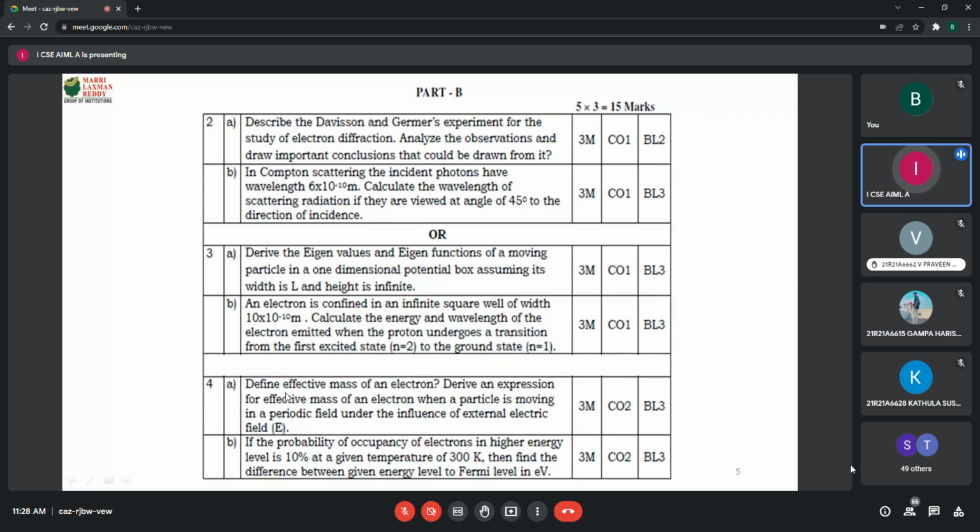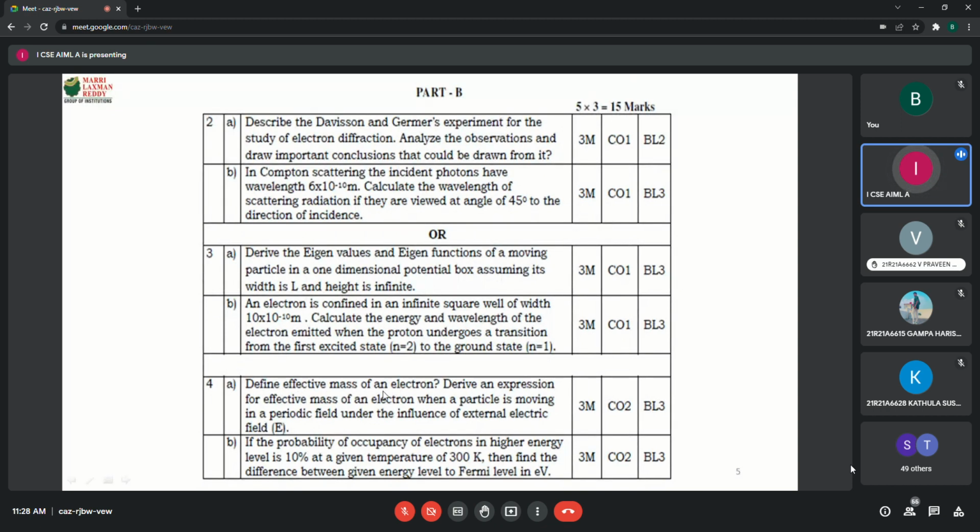What question was asked in the second unit? Two chapters are there. This is from the first chapter. If any unit has two chapters, one question can be expected from the first chapter under the theory, and one question can be expected from the second chapter. Try to understand, there is a tricky thing here. If you follow that, you can answer any question of any set. One question we give from one chapter in the same unit, and one question we frame from the leftover chapter in that same unit.